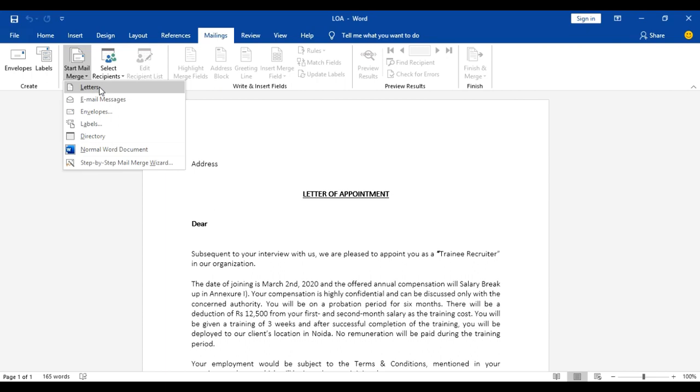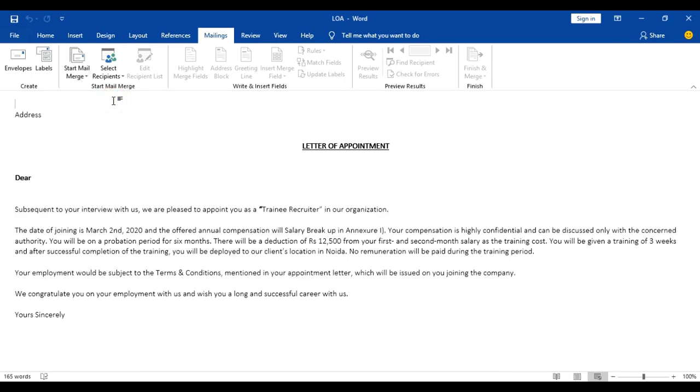Various options are available: letter, email message, envelope, label, directory, normal Word document, and step by step mail merge wizard. Today I want to send mail, so I have to select the email. Now I have selected it, you can see the change in the letter of appointment. It is converted into email format.